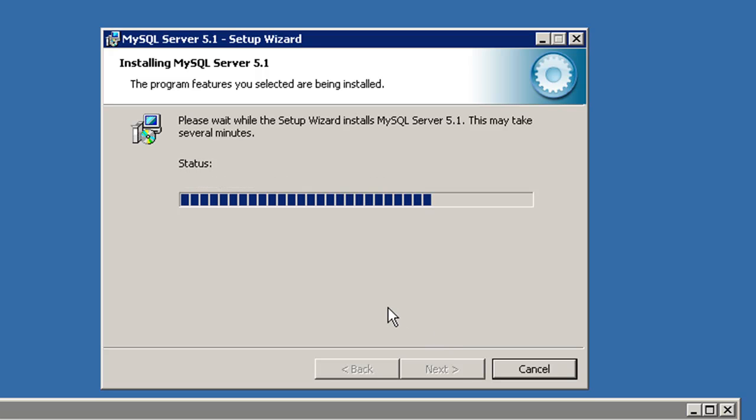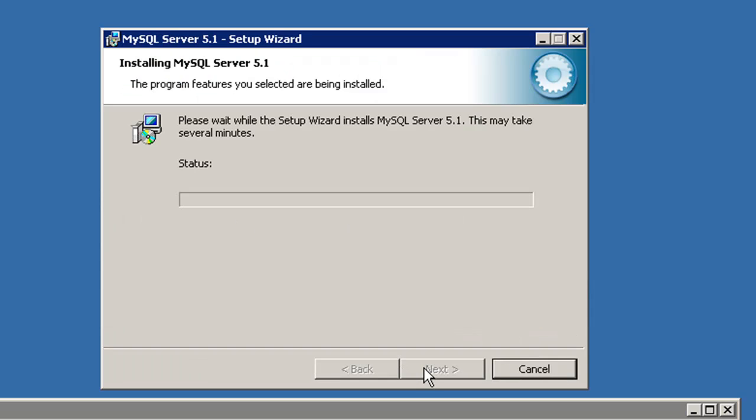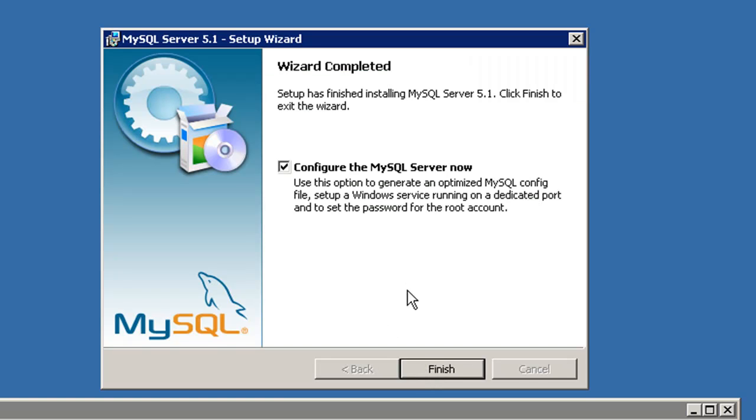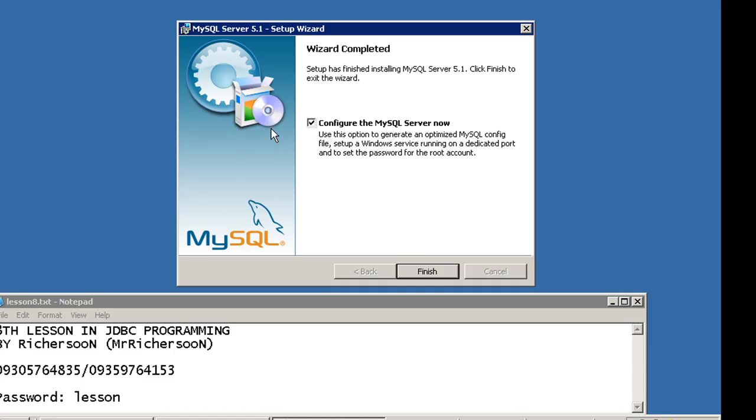Wait for it to finish, then hit next. After installing MySQL, it asks you to configure it. So we will configure MySQL now. Click finish, and we will configure it.